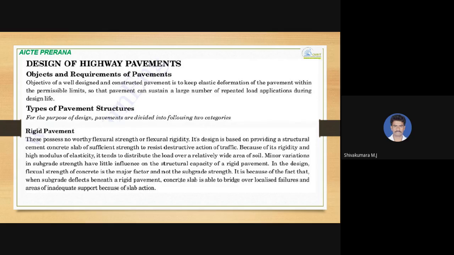In the design, the flexural strength of concrete is the major factor and not the subgrade strength. So it is important to make sure that you use concrete of better flexural strength. This is because when the subgrade deflects beneath the rigid pavement, the concrete slab is able to bridge over localized failures and